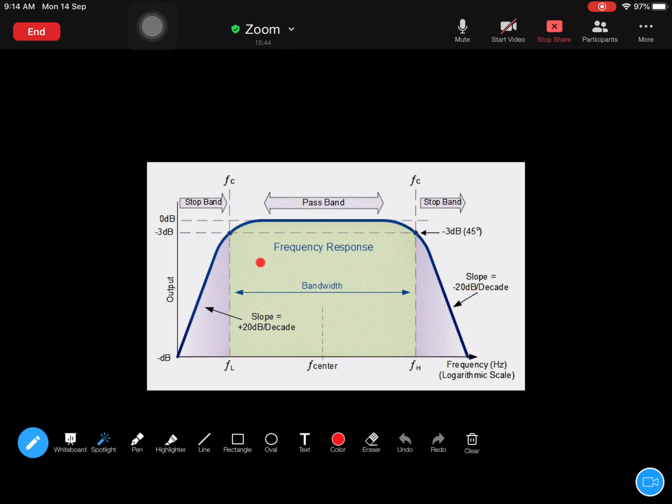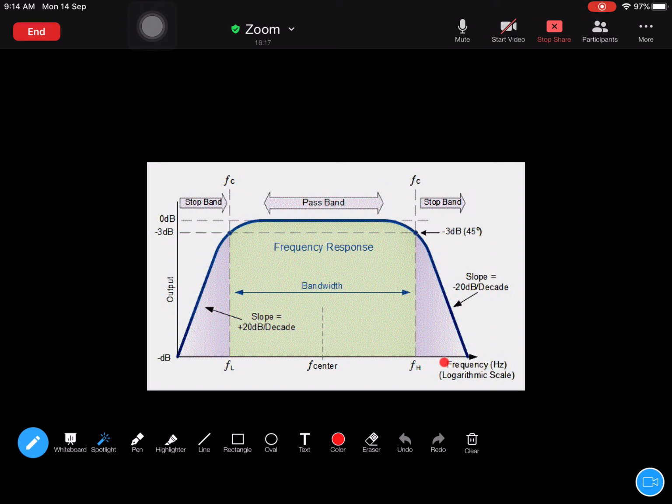We will be only dealing with the power ranges which are greater than half the maximum power. Only then will the transistor be useful for gain. For good gain purposes, we will be only dealing with the power gain range between half the power gain and the maximum value. So this area only we will be using. This area we will not be using because it is not desirable. You will not get enough power gain here, and voltage gain and current gain also will reduce dramatically.